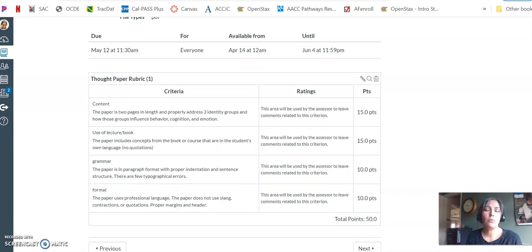Down here, you'll see the rubric. You will receive 15 points by writing 2 pages that properly address the topic. You will receive 15 points for using concepts from multicultural psychology. Again, remember, we're not going to be using any quotations or any research. And then you'll receive 10 points for proper grammar. That includes paragraph structure and minimal typographical errors. And then lastly, you'll receive 10 points for